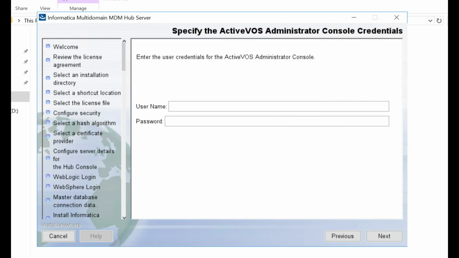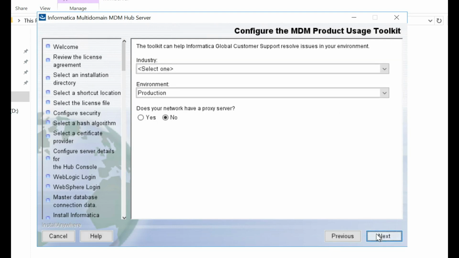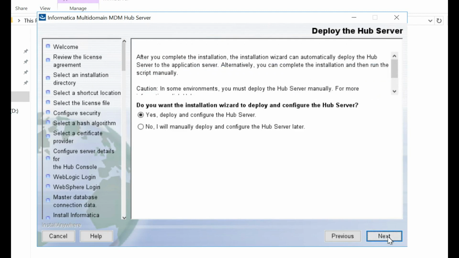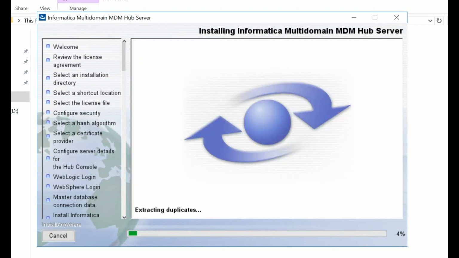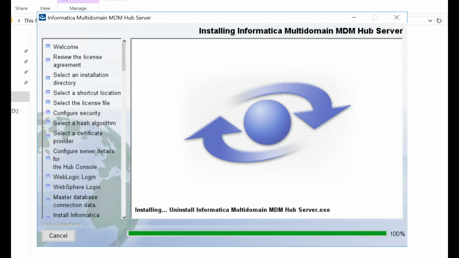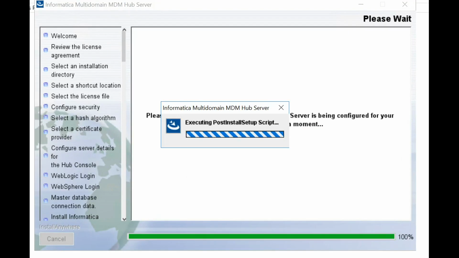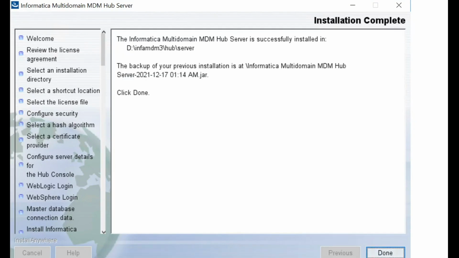The ActiveVOS console username and password. Select the industry as per your requirement and deploy the hub server. This concludes the successful installation of the hub server.